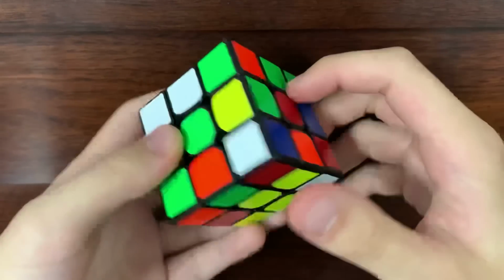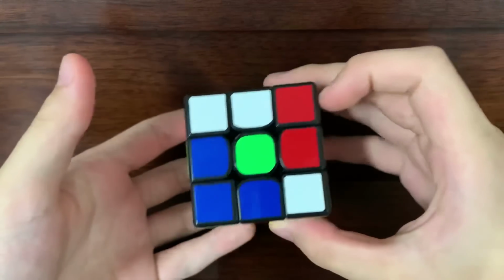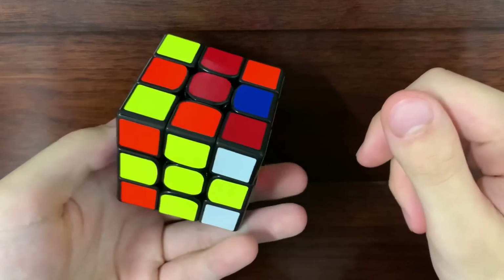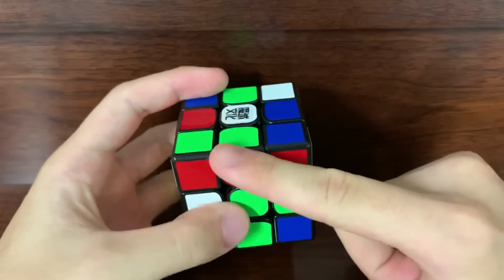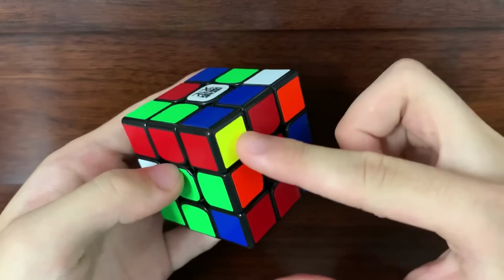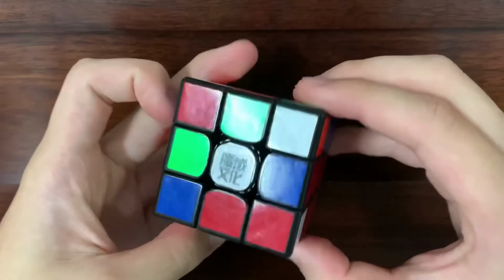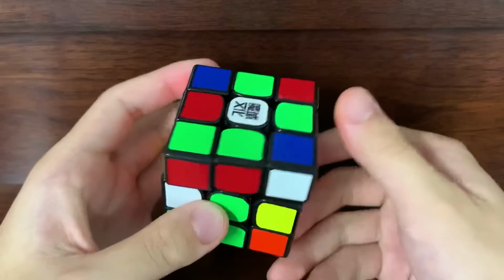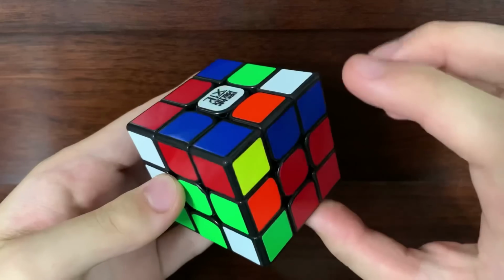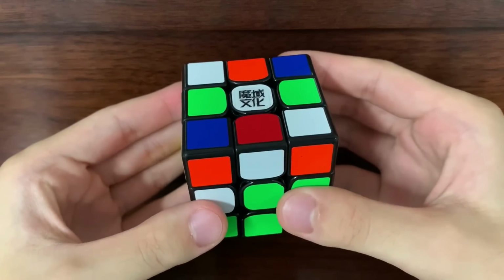Anyways, what he does here is R prime, D, F prime, R. And that gives him his cross. He just has to align it, and then that gives him first pair. So he saw this pair in inspection as well, I assume, because pairing it up will insert this pair, or rather inserting the pair will pair it up, and he inserts it into the back right slot. Now for the next pair, he has another free pair, very lucky,